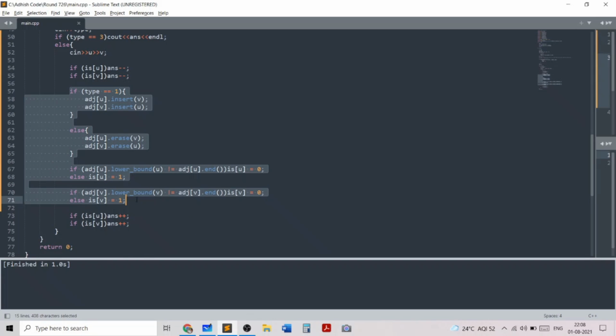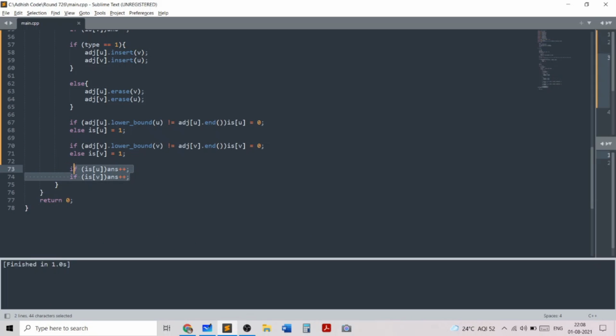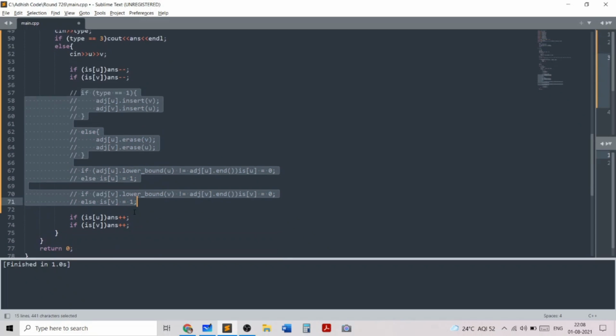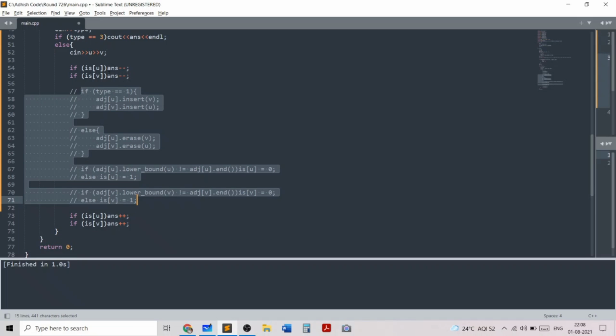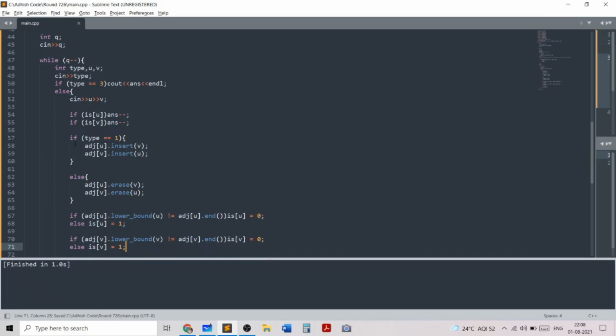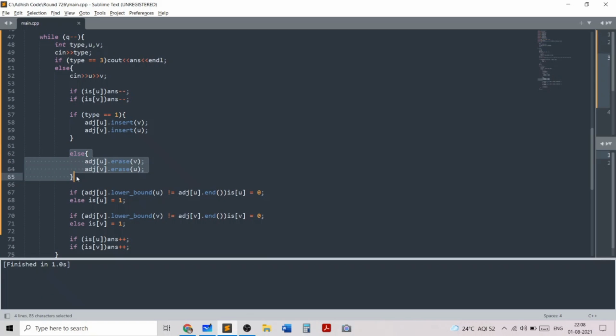Now let's make some modifications, and then let's again check whether u is a good node and whether v is a good node. And in this way, after we did this modification, so for now you can just forget these modifications, this code will essentially reflect these modifications on u and v. So you can take some time and understand why this code greatly simplifies the casework, and then you can proceed with the explanation. So now let's look at what we are doing in these lines of code. In this code segment, I handle the type 1 query by inserting u and v, and I handle the type 2 query by erasing u and v from the two adjacency lists.